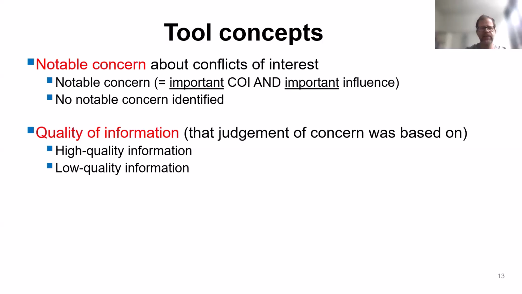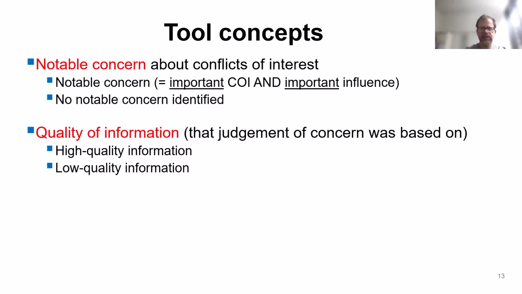In TACIT, we have decided only to have two categories of concern, but then instead to have another domain where we look at the quality of information that the assessment of notable concern was based on. So you can have a situation where it's very transparently reported in the trial publication that this was funded by a commercial company, and the role of the company in the trial publication was very clearly described. So you would say your assessment of concern was based on high quality information,